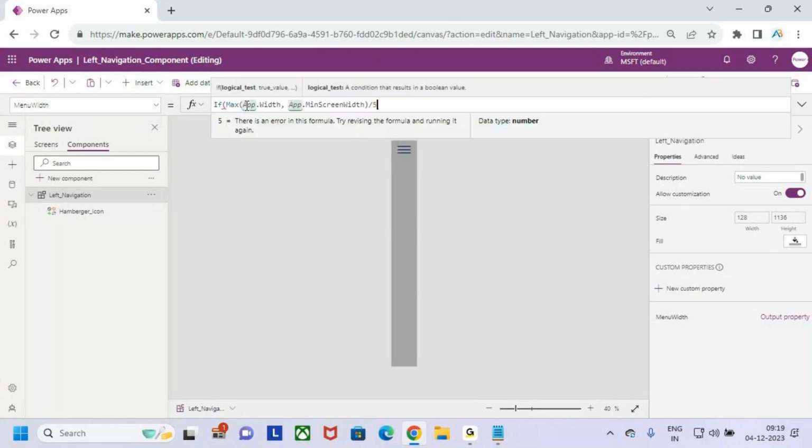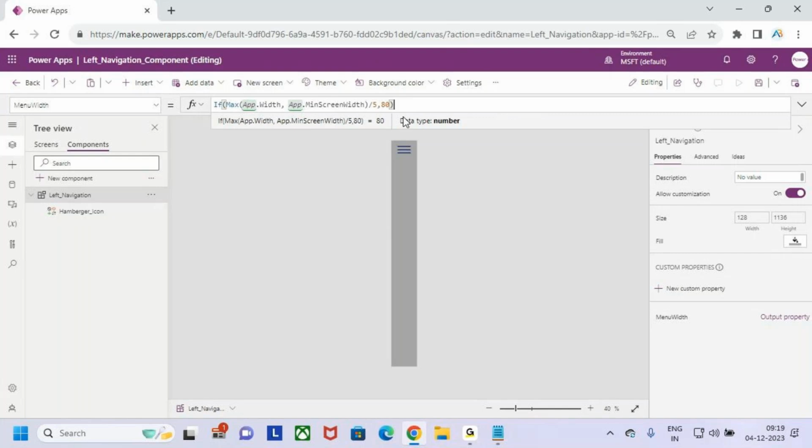Whatever the width the component is having, I want to make it the same. If it is true, then I want to make it 80 pixels. I want to increase 80 pixels. I want to go and increase. Now